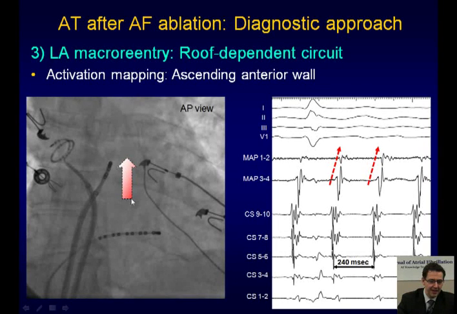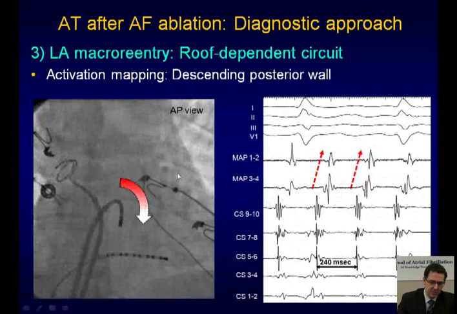This is an example of activation mapping during a roof-dependent circuit. You can see that the ablation catheter was facing the anterior aspect of the left atrium, and the activation during this mapping is showing a proximal to distal activation, showing that the anterior part is activated from bottom to top. Please also note that on this coronary sinus sequence there is no cascade of activation, which is also compatible with